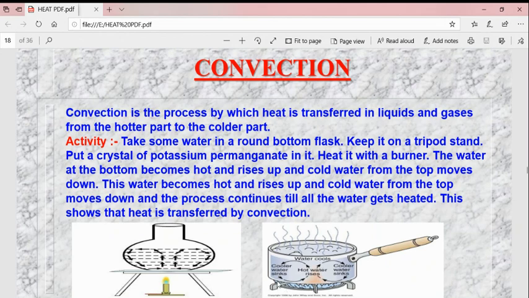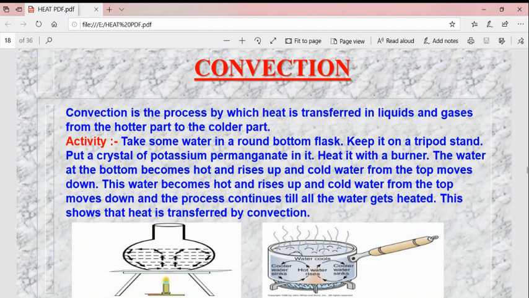When there is a movement of molecules in this water or air medium, it makes the water or air molecules heat up. So in this way heat can be transferred in water and air medium, right? The activity we have studied is the heat transfer from the bottom of this vessel to the top of this vessel. That movement of water molecules is known as the convection process.